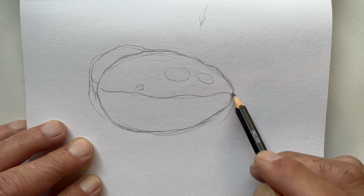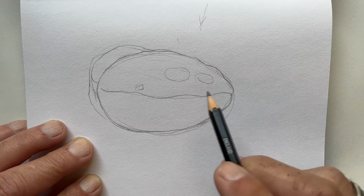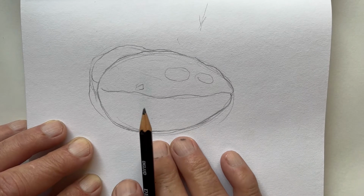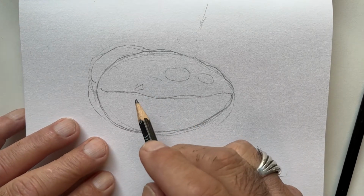But here you could see right here, that's where the shells meet. So you want to make sure that you can see that. So now we're going to take, this is the HB, and I use the HB to do my line drawing. So now I'm going to switch to a 2B because I want to go a little deeper in where these